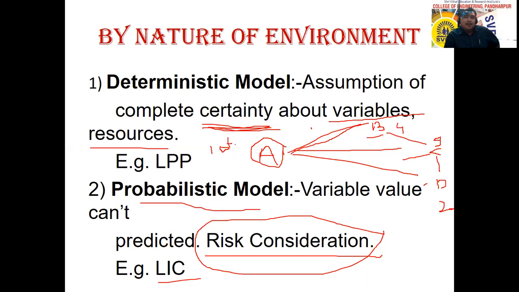Because in some accidental case, they get refunded. Yeah, that is what I want to say here. Whatever amount we have paid every year, we are not getting it refunded, still we are purchasing that insurance every year. Why? Because